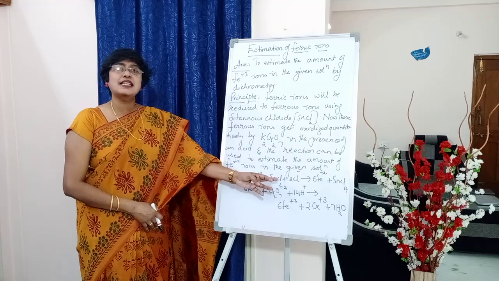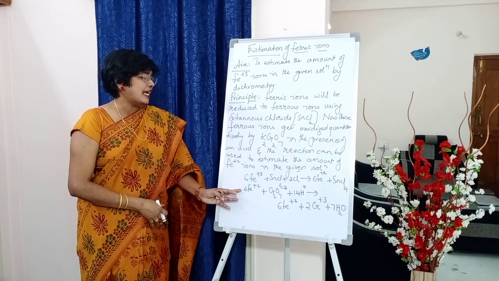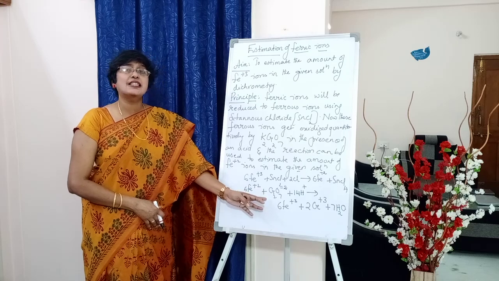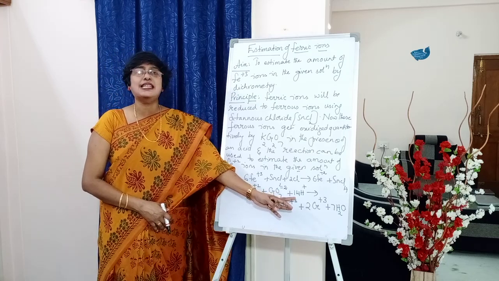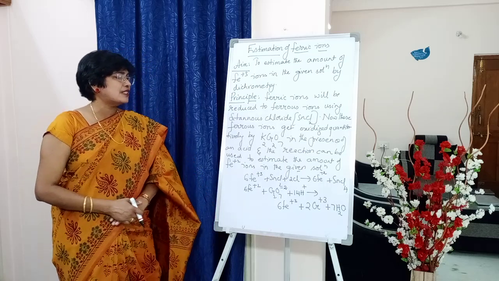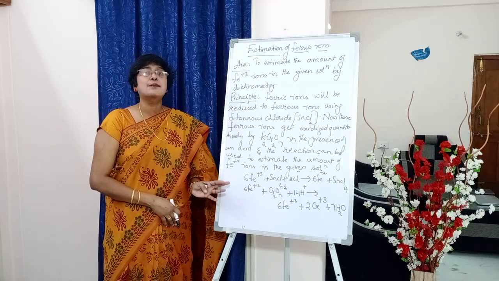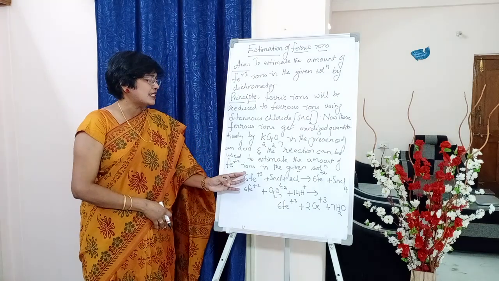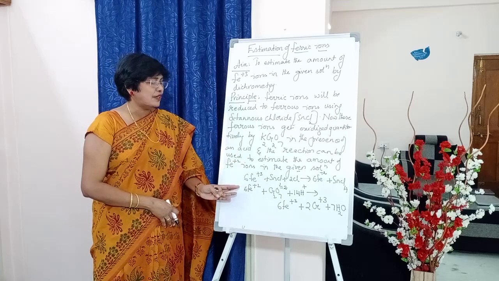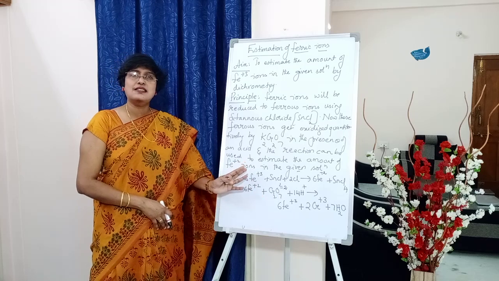Now the ferrous ions produced in the first step react with potassium dichromate, that means they get oxidized by this oxidizing agent in the presence of an acid, plus 14H plus gives rise to 6Fe+3 plus 2Cr+3 plus 7H. Do you remember, students? We have written this reaction in the previous experiment. First Fe+3 will be reduced to Fe+2 by SnCl2. Next, this Fe+2 will be oxidized with the help of an oxidizing agent. Written, students, these two steps?